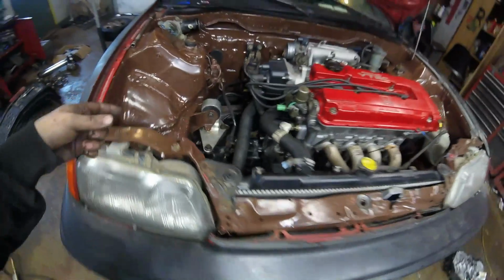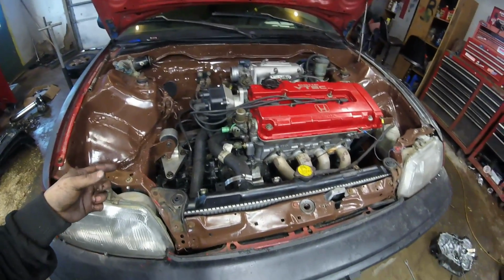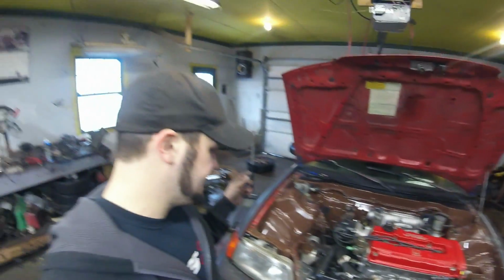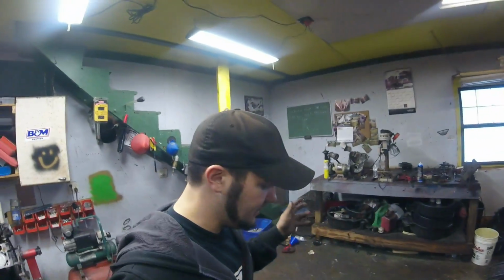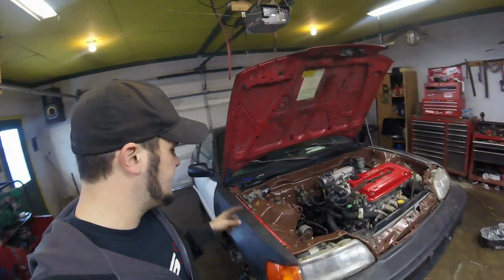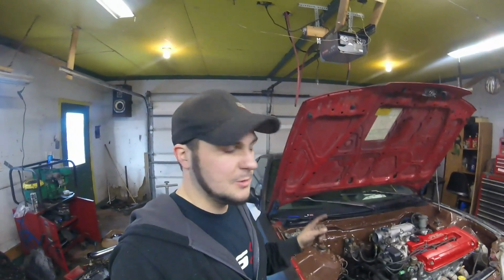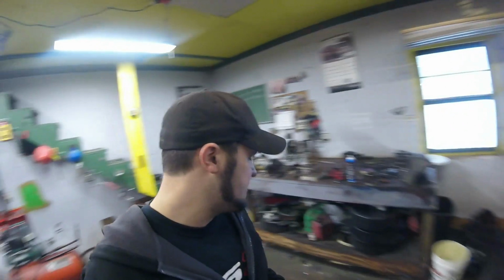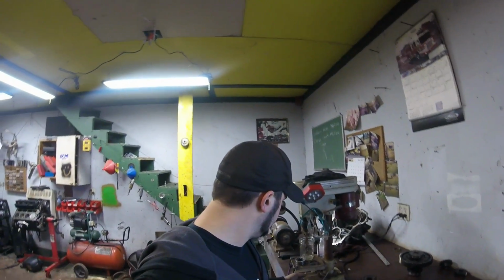The only thing now is I have to get some trans fluid for it, just because the other trans leaked really bad when I put the case halves together, so the fluid leaked out, so I couldn't reuse it, whatever. I gotta get fluid for it, and I gotta put my starter back in, and I have to figure out a speedo cable, because my current speedo cable, wherever it went,